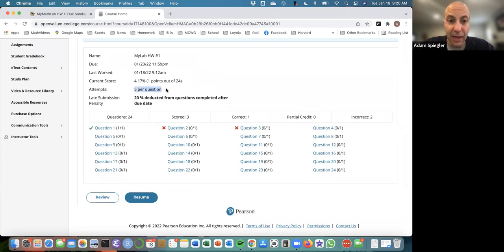On each question, you have 5 attempts to get it correct. Whether you get it right on your first attempt or on your very last attempt, you'll get full credit. The way that you submit work is by clicking on one of these questions and working on it. What I would highly recommend is not working on MyLab just when you're sitting in front of a computer. While you're in front of the computer, you've got emails coming in, text messages coming in, you're checking the news, you're checking your social media, a lot of distractions. So I would highly recommend